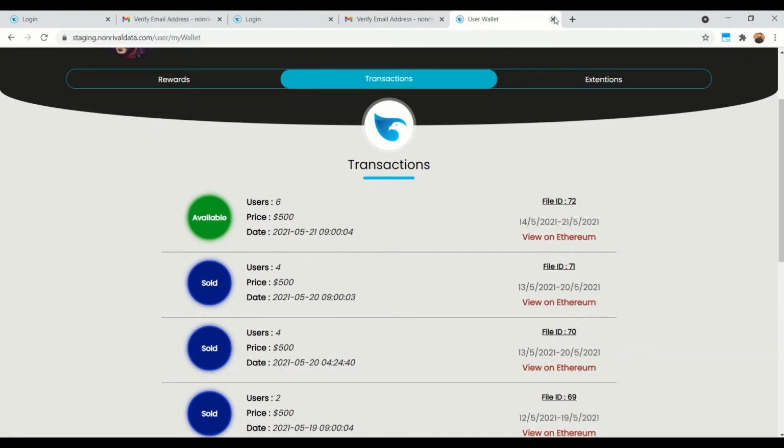Now, what happens when this file is sold to one of the corporate accounts? Let's suppose, for the sake of this demo, that the price this file was sold for was $500, and there were 4 users in that particular file. So we will just divide the amount of this transaction among all the users, minus the fee